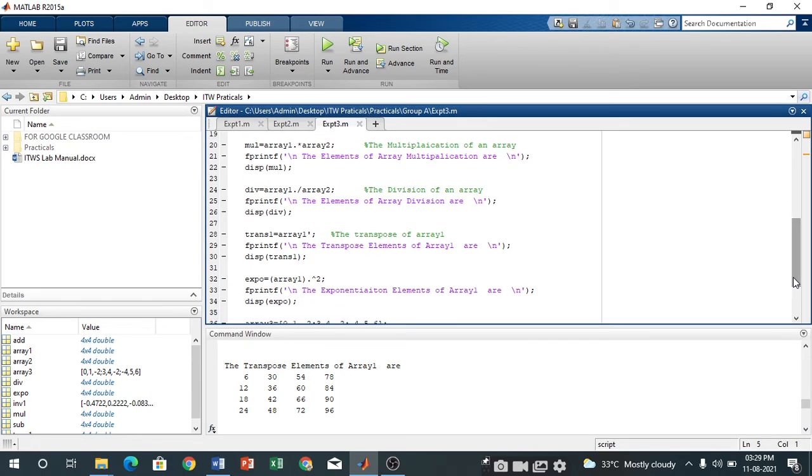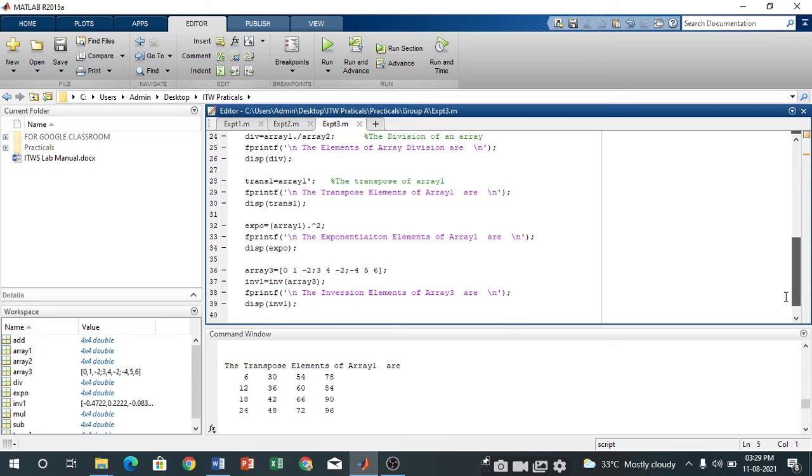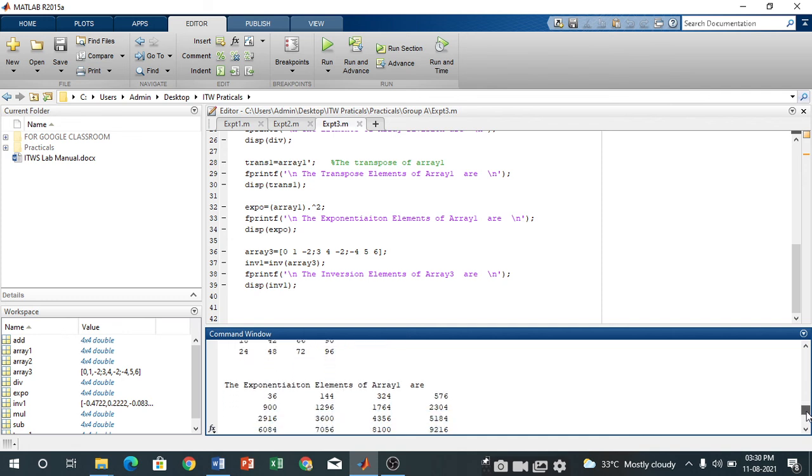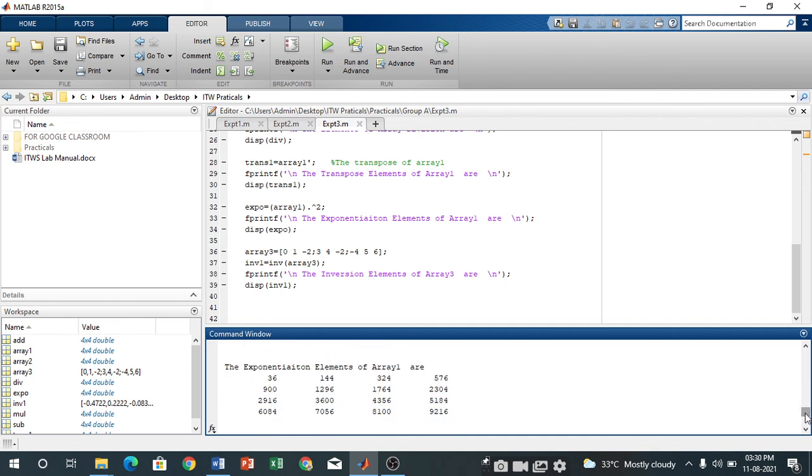Now the transpose. Transpose will convert whatever row elements are available into columns, and columns into rows. This is the exponentiation operation on a given array, where I am raising the given array to the power 2.